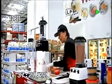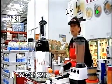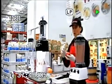People with diverticulitis can drink the juice that comes out of a Vitamix, but not a blender. People on a feeding tube or a G-tube have gotten the Vitamix machine reimbursed by their health insurance company as a medical device. They use the Vitamix machine in cancer treatment centers all over the world because they know that